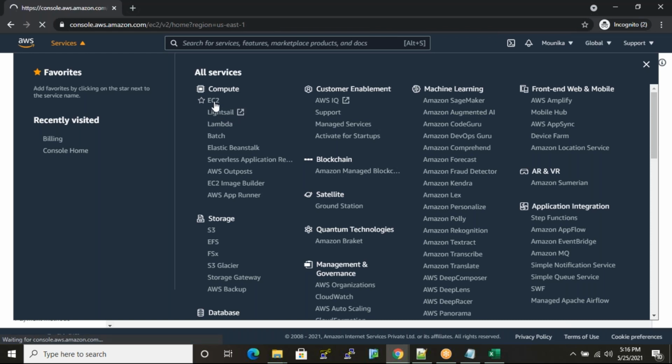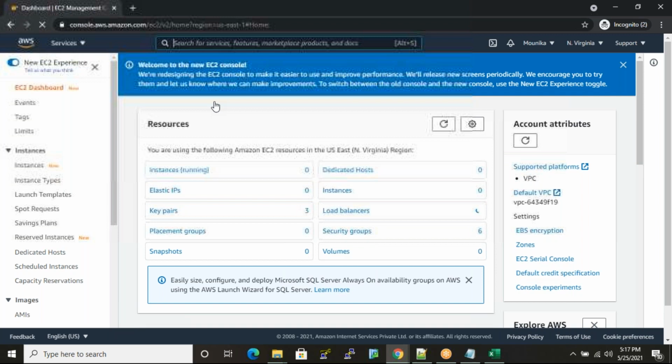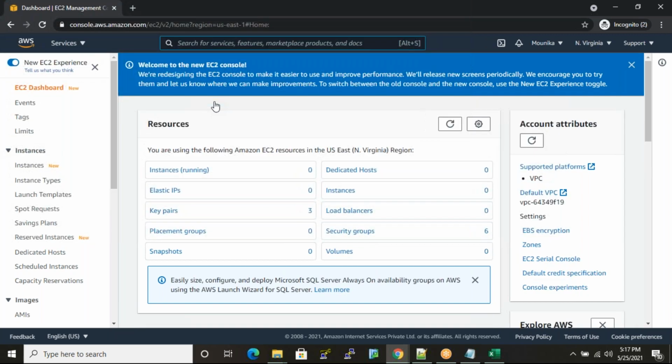So first E stands for elastic. So elasticity is nothing but you can reduce or you can expand your requirement. So the next C is compute. Compute is nothing but requirements. So what are the hardware requirements you need? That requirements they'll provide you.